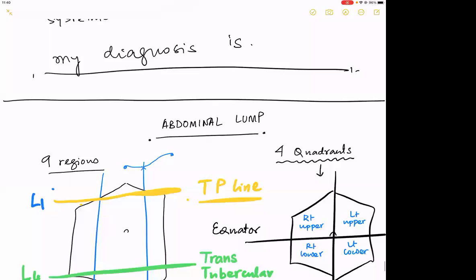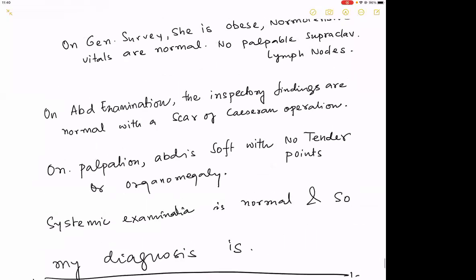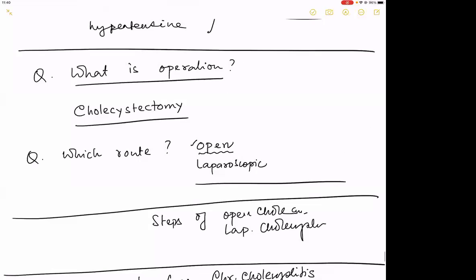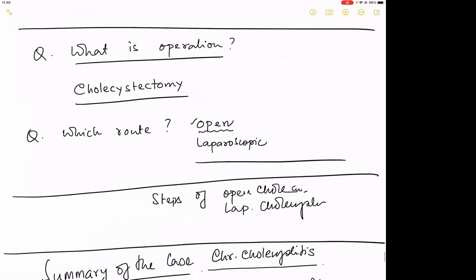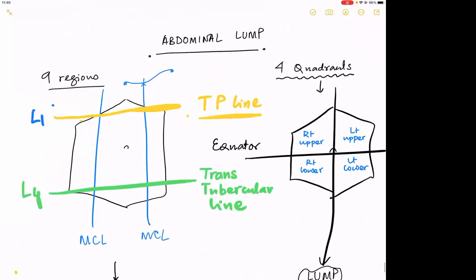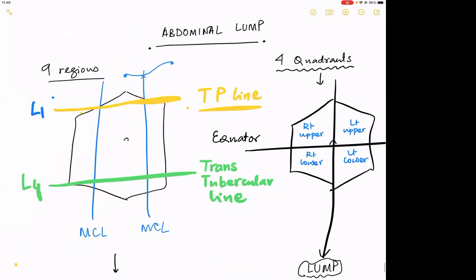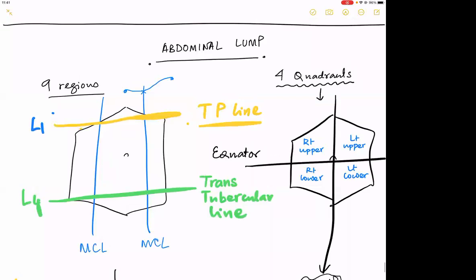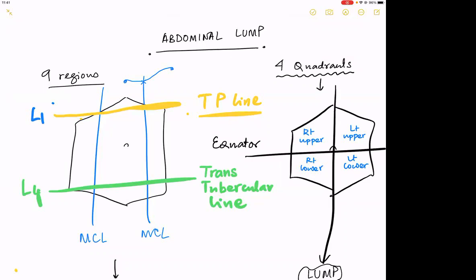If I'm audible now, in the last class we told you about all the questions that come with the most common case in MBBS, that is gallbladders. Today we'll be starting with abdominal lumps, then proceeding to jaundice, and then the last of the cases, gastric outlet obstruction. So today we start with abdominal lumps.